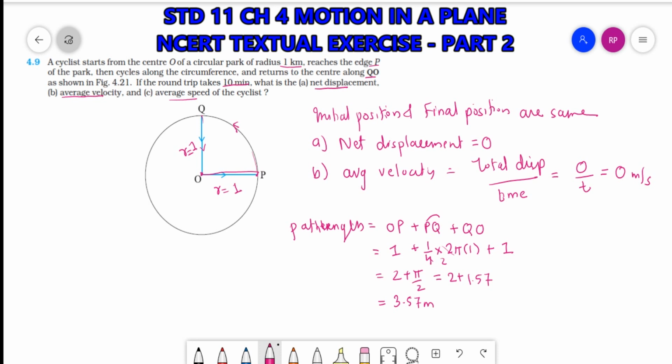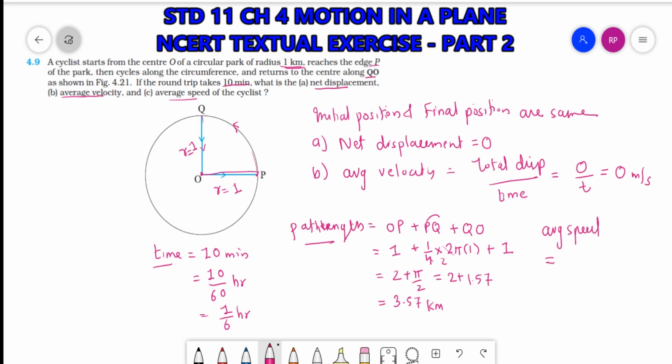Now the total time. Sorry, it's kilometer, not meter, because the radius is given as 1 kilometer. Time is 10 minutes, that means 10 by 60 hour, that will be equal to 1 by 6 hour. So I have the path length and the time, so the average speed